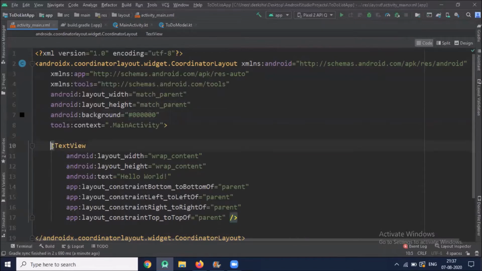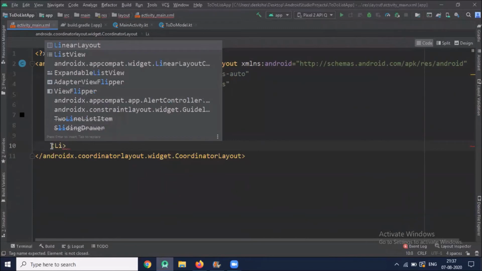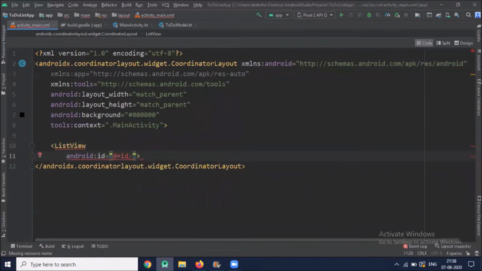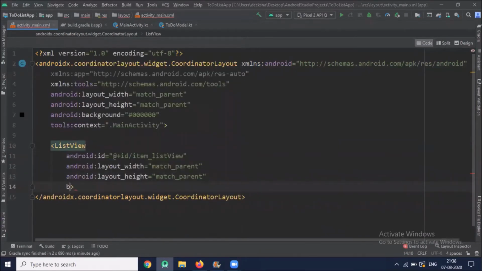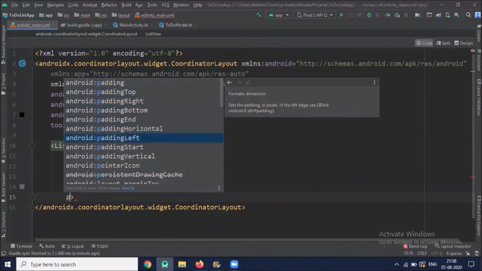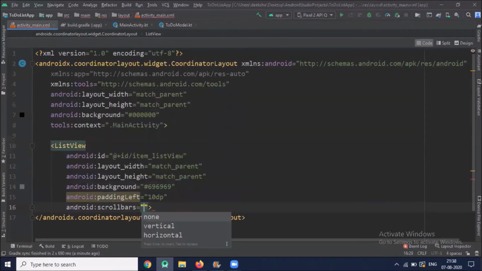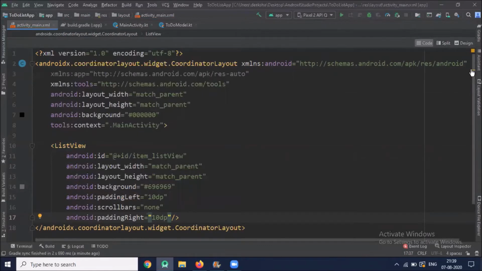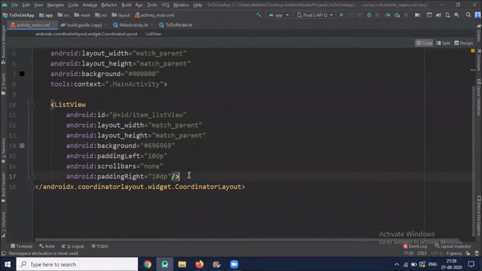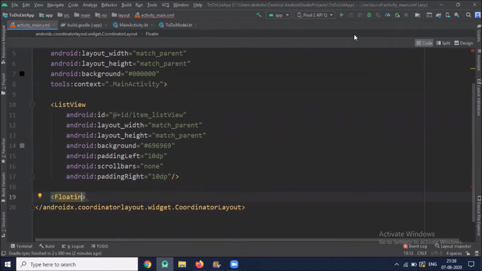Now we will add one list view. Now we will add one floating action button. To add a floating action button, we need to add a material design dependency.